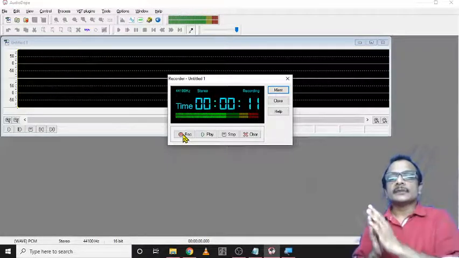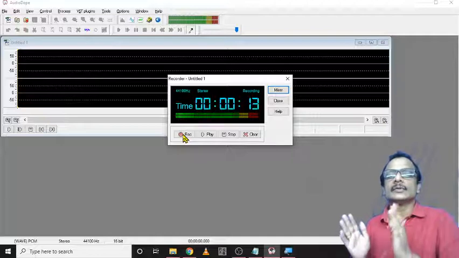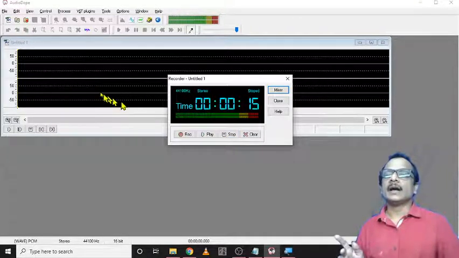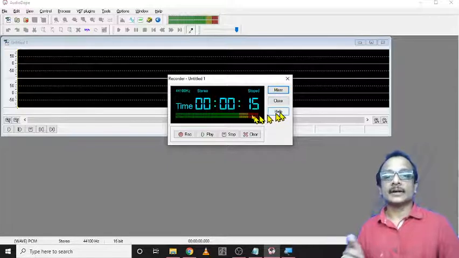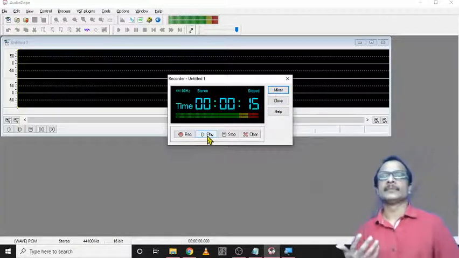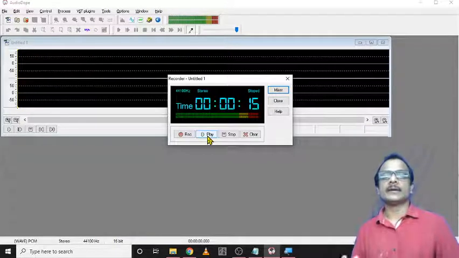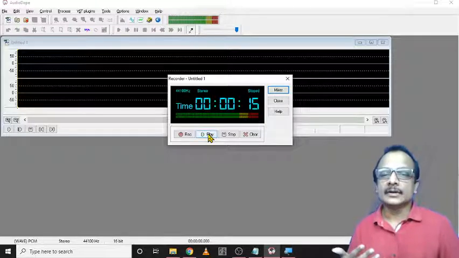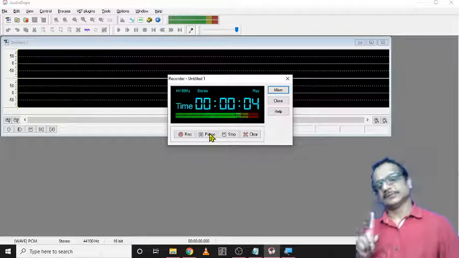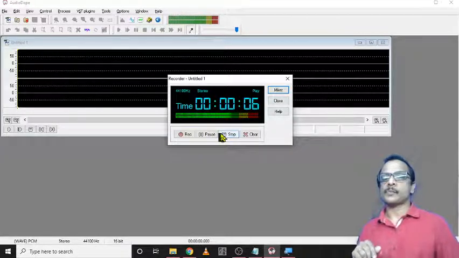After recording the desired content, you can click the stop button. Then you can pause, directly play here, or just close it. I will try to play it, and it is working.